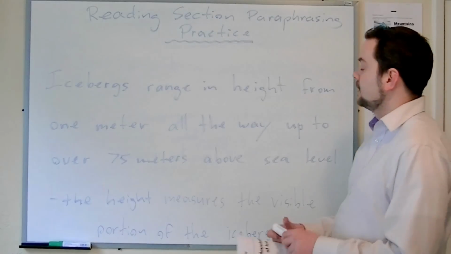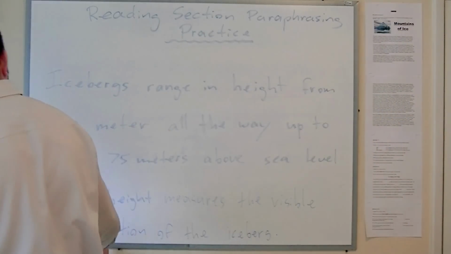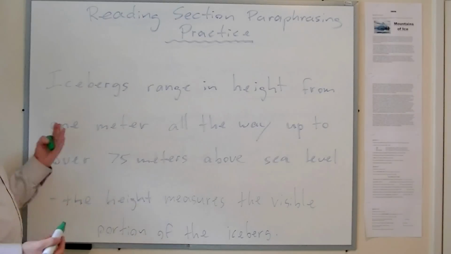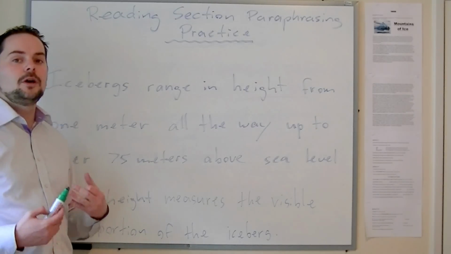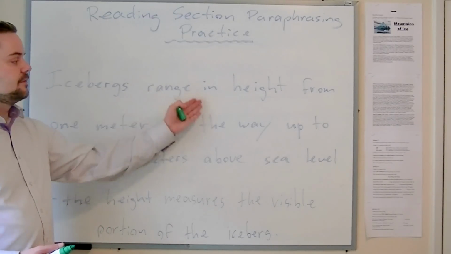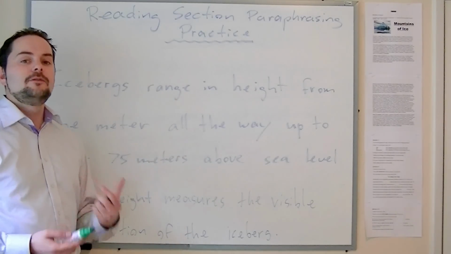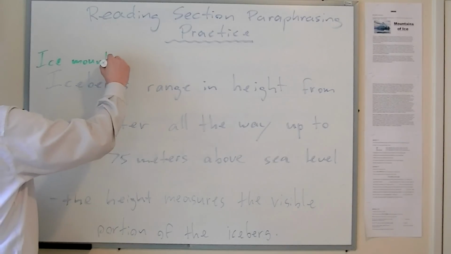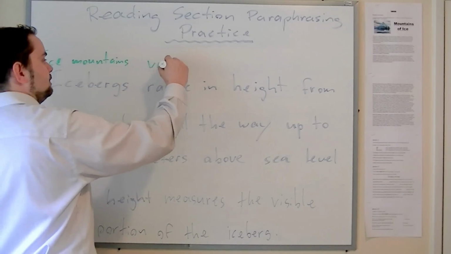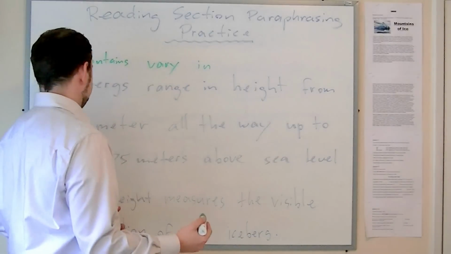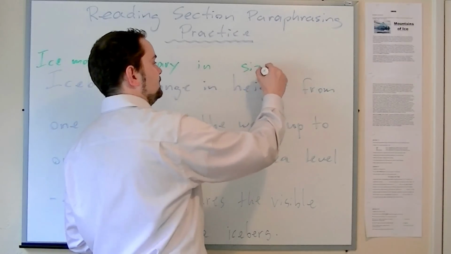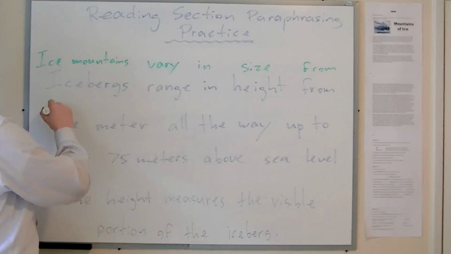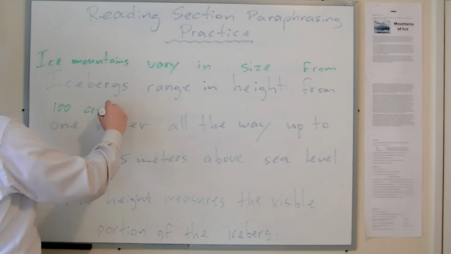All right, so let's start to paraphrase. Now, icebergs, we can keep it the same, but we also know that they're called ice mountains. And try to use different colors when you're doing this exercise. So use one color for the original and then use another color for the paraphrase. So ice mountains vary in height, we can say size, from 1 meter, 100 centimeters,